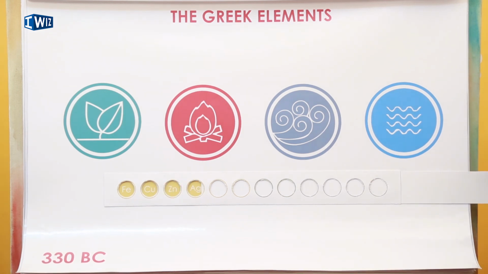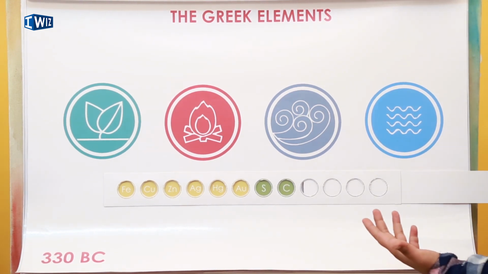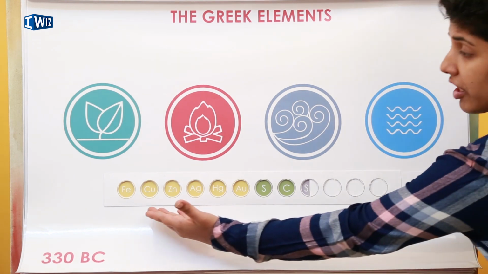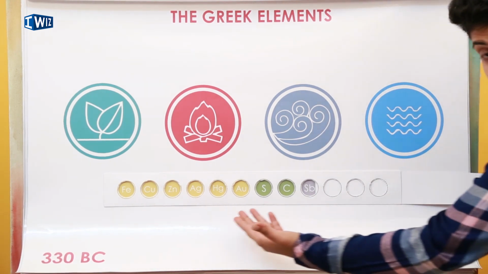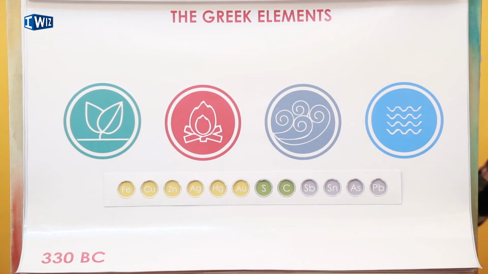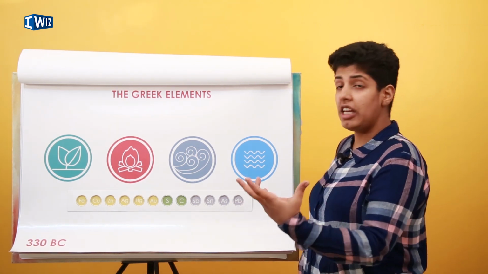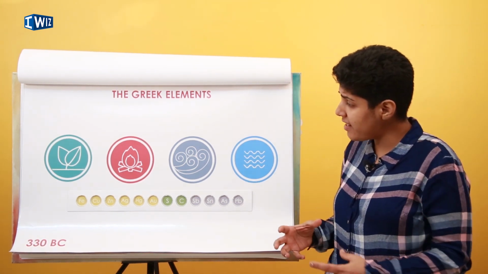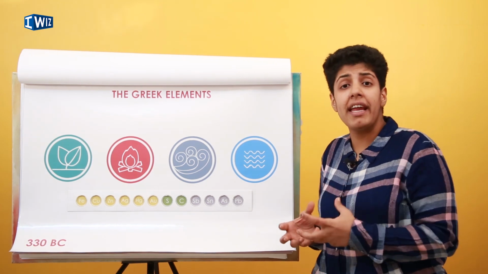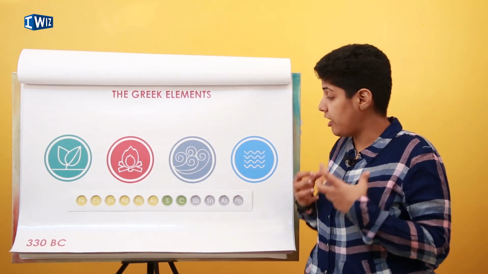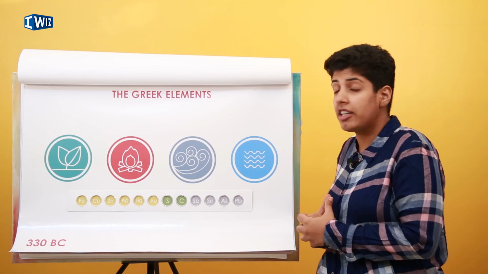So we had a few metals. We had copper, zinc, silver, mercury, gold. We had a few non-metals. We had sulfur and carbon. And then again, we had a few metals. These metals over here actually were easy to find. These ones were a little difficult and we found them later. So we had lead, we have antimony over here, we have arsenic. These were the metals we knew for a really long time. We could not break them into simpler substances, no matter how much energy we provided to them.